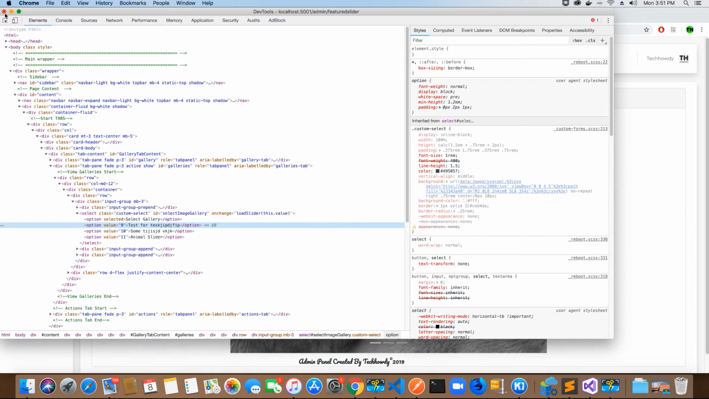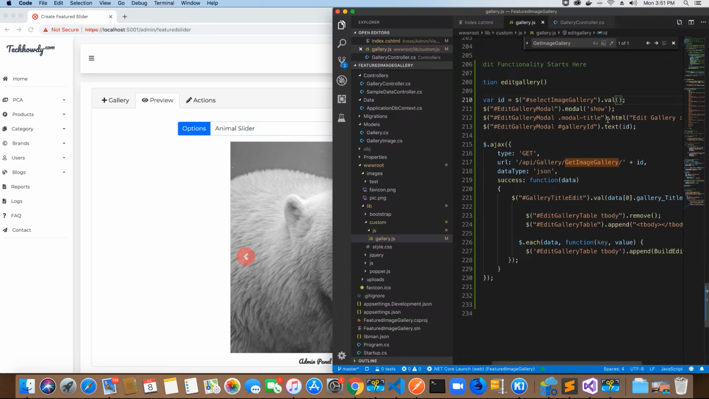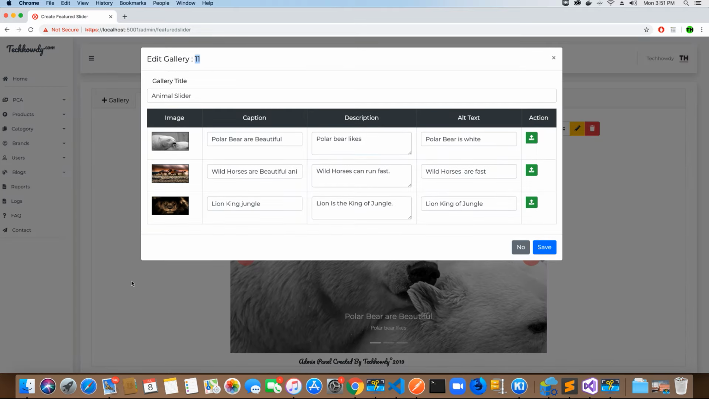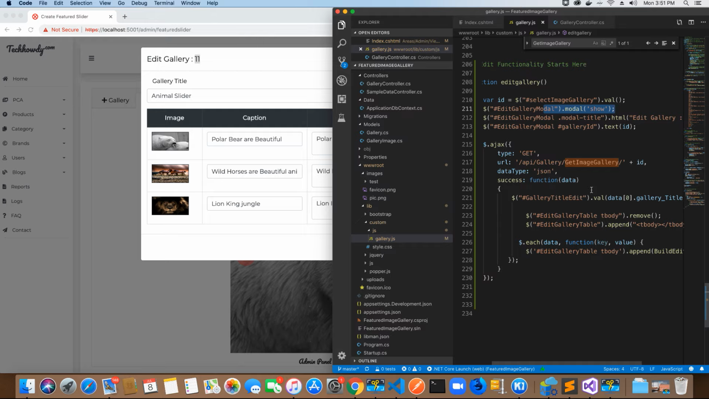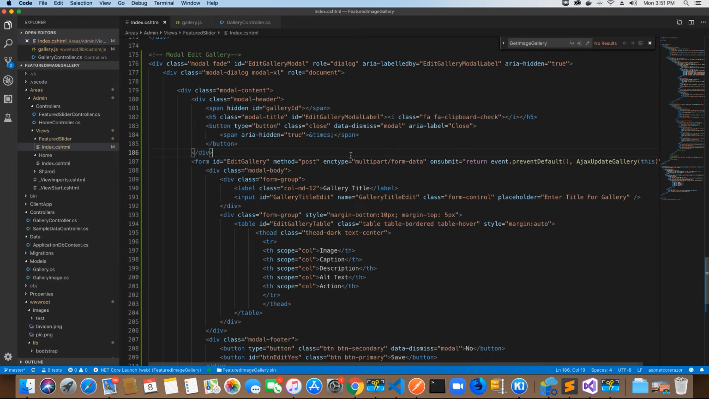So now all we want to do is, once we get the ID of that gallery, we want to show the modal, and on the modal pop up on the top, we want to show that ID as edit gallery with some text, which is going to be edit gallery plus the ID. Then we are also going to save the ID of that gallery in an object that is hidden from the client. So you do this,